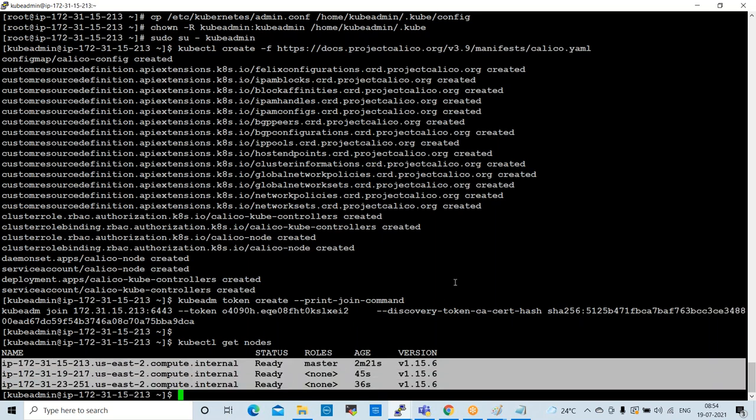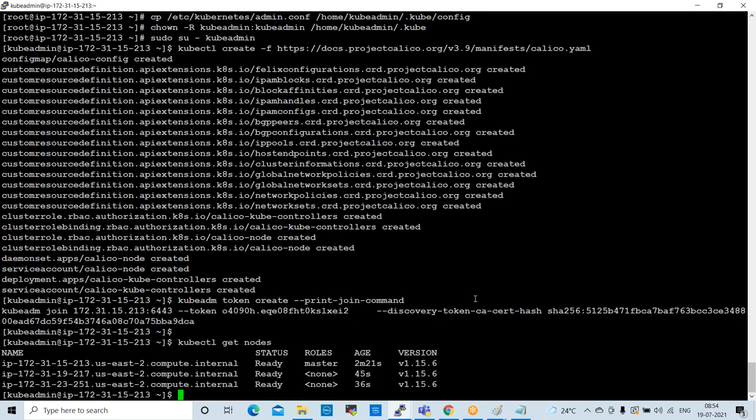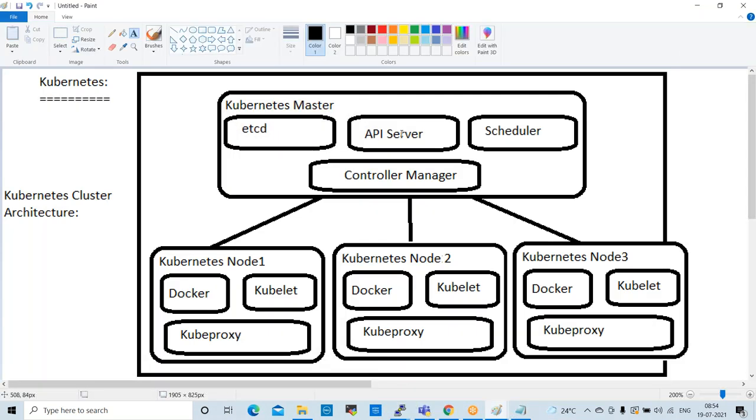So now we can start working on the deployments. We can deploy the applications on the cluster. When we prepare a manifest file and when we submit that file, it will hit the API server. So API server will send it to the scheduler. Scheduler will distribute the deployments on node servers. So our application will be deployed on the node servers. That application we can access through the browser.